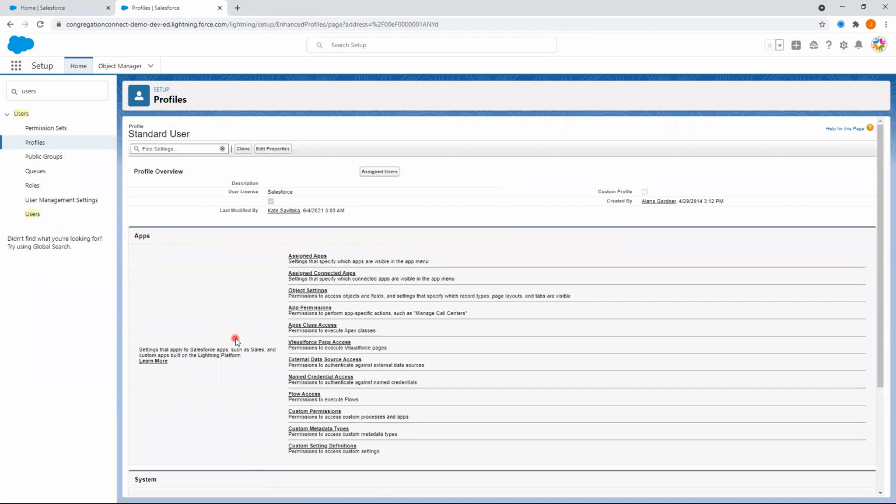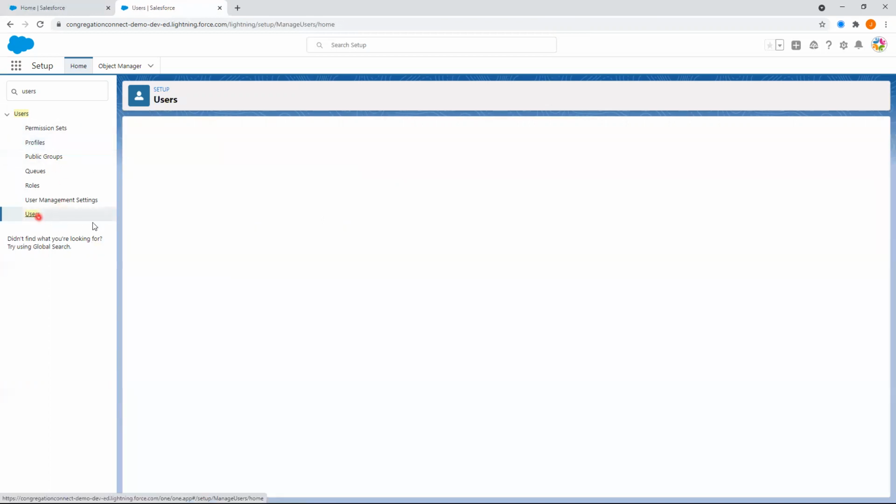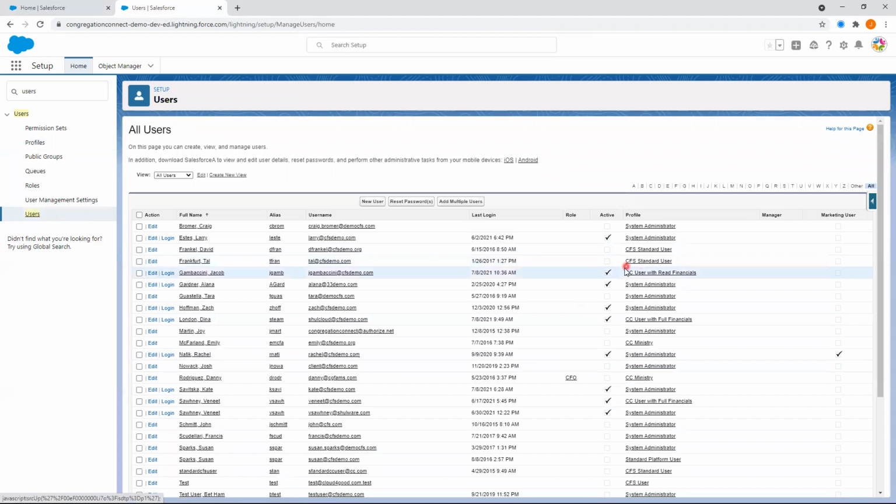Now, as I said, the baseline level of permissions are included in the profile. If you had someone, for example, let's go to users again, who was only a Congregation Connect user with Read Financials, and you wanted to allow them